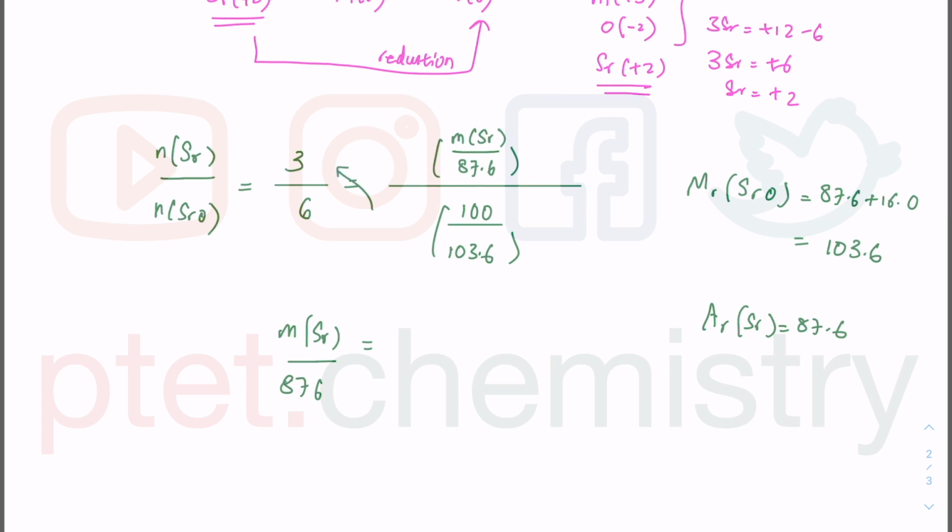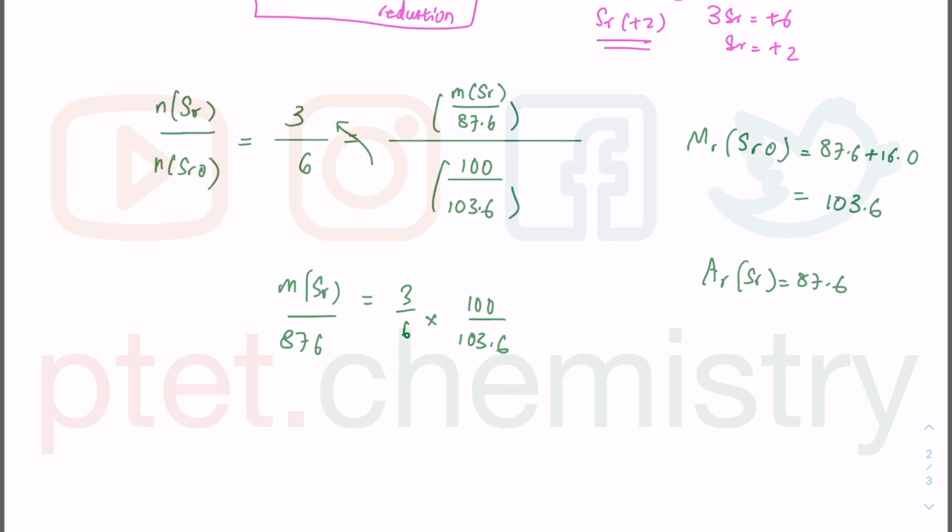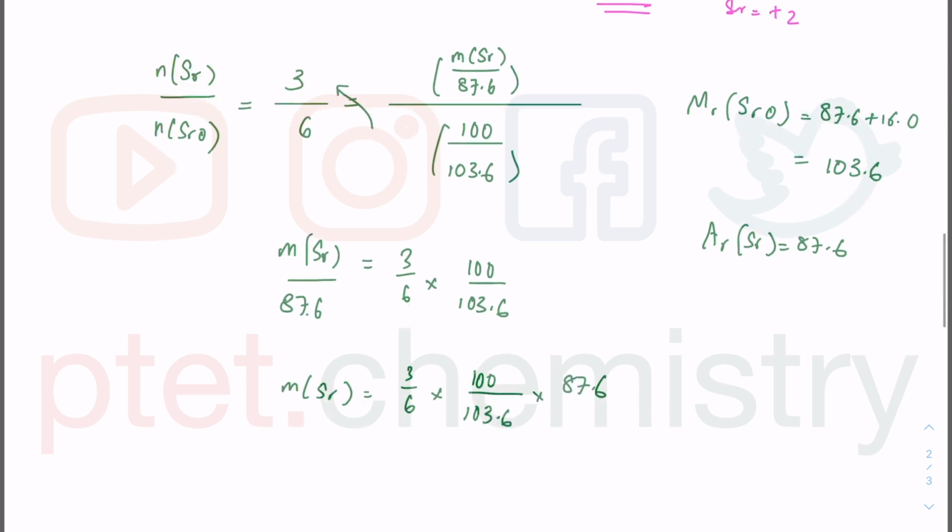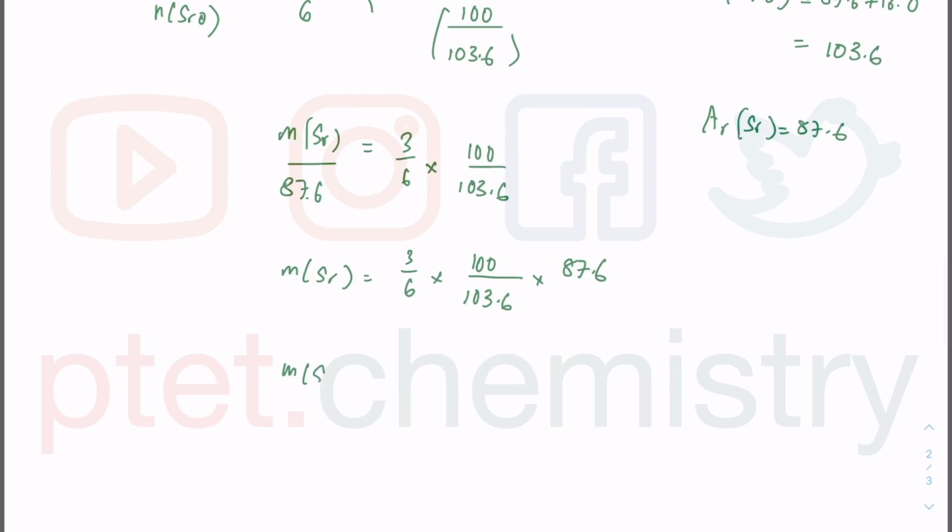If I just move this up there, it's a cross multiply kind of exercise. So that is equal to that. For those of you with keen eyes for numbers or mathematics, you could have done this straight away by moving up 87.6 to the very top, and that will be equal to that. But for the sake of different kinds of learners with different speeds of dealing with numbers, I'll just do everything step by step. And hopefully now, after you rearrange it to get the mass of strontium, you press it to your calculator and you will get